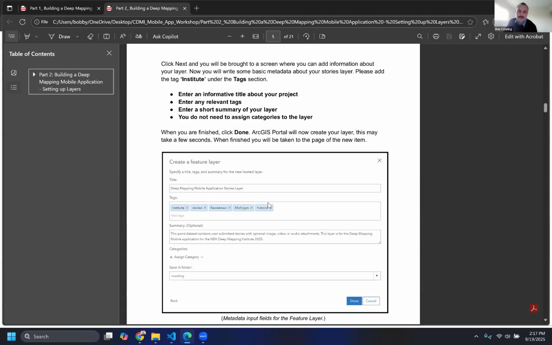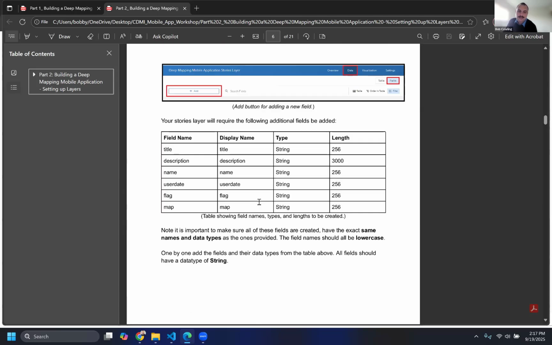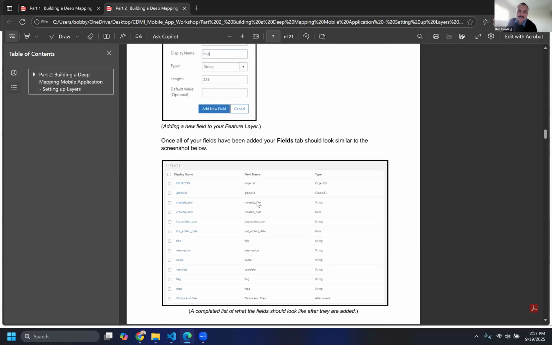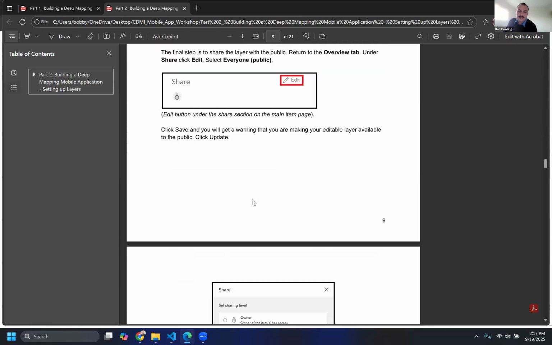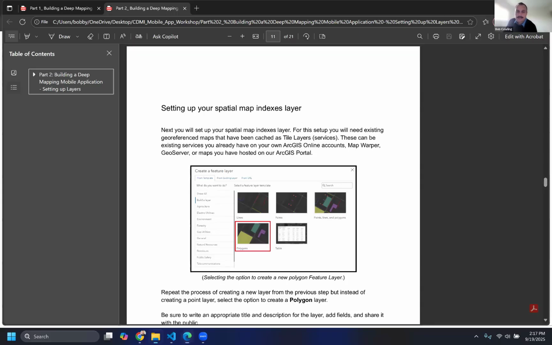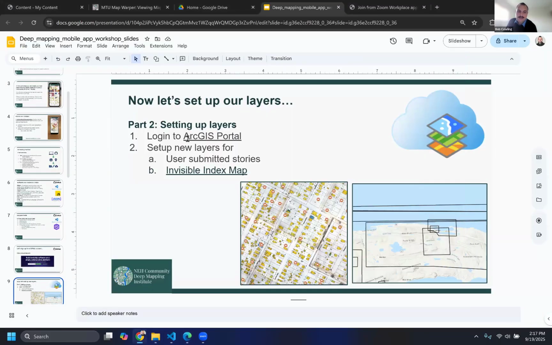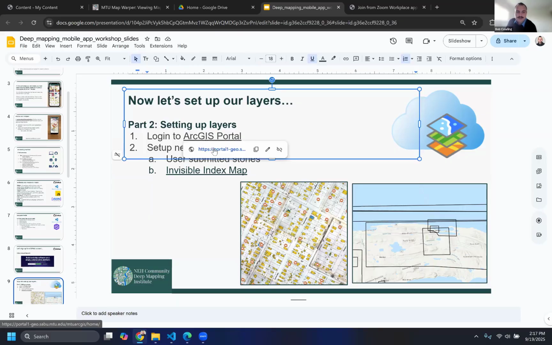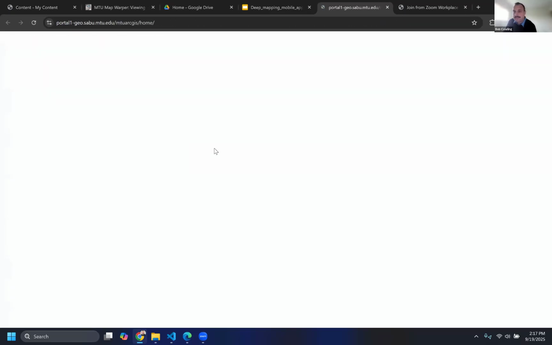And I'm going to walk through this, setting up fields until we get to setting up an index map layer. So let's proceed. What we're going to do is set up new layers for user submitted story submissions and an invisible index map. I'll talk about the invisible index map briefly in a little bit, but first I want to set up the user submitted stories. So I'm just going to go to ArcGIS portal,